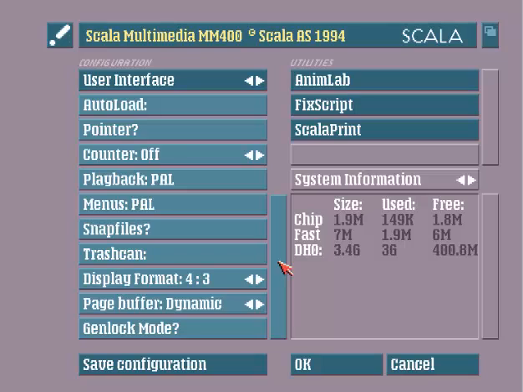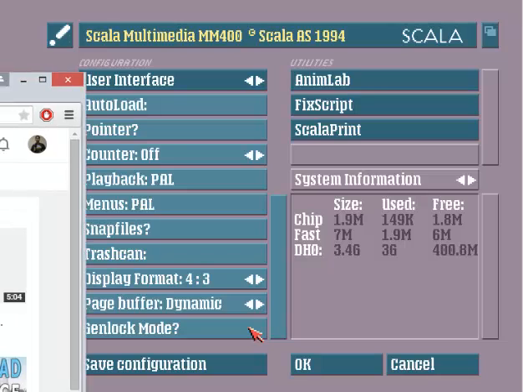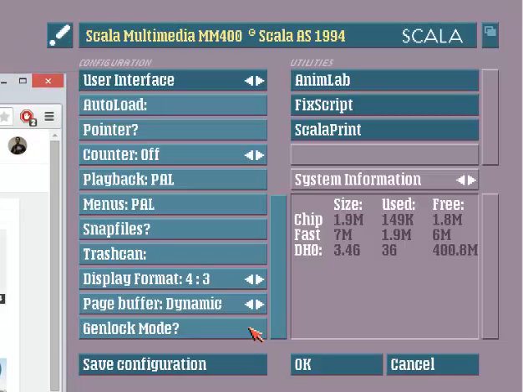basically your playback. You can have it in PAL or NTSC. You can have your display format, 16:9, 4:3, but also you can have Genlock. Now, Genlock, if you don't know what it is, I'm going to have to bring up a little YouTube video of this. Genlock is basically a piece of Amiga hardware that means you can change the background